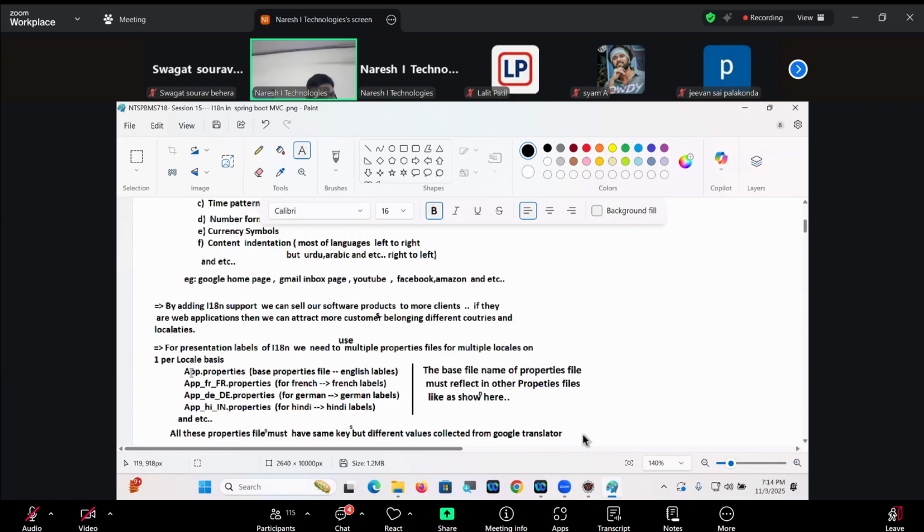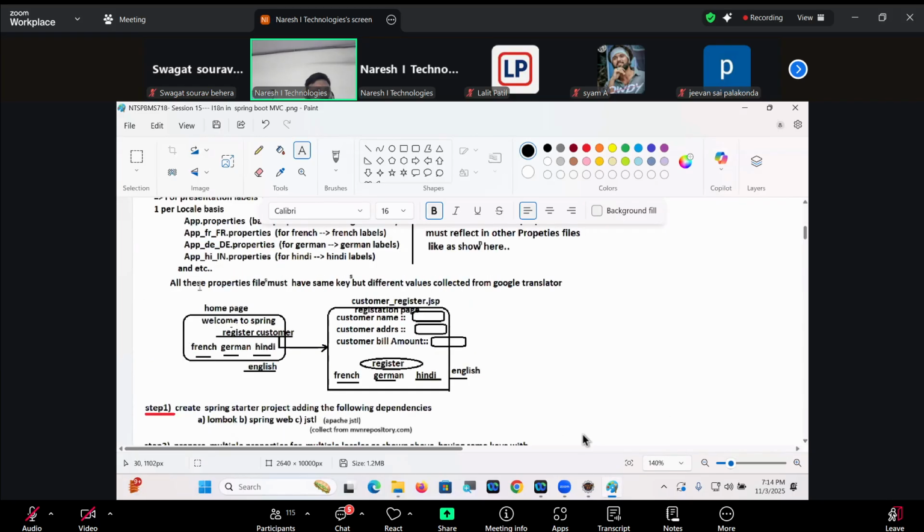I think we already have this base knowledge, guys. This is the base file. This is for the French locale. This is for the German locale. This is for the Hindi locale. These are for different locales. All these property files must have the same keys but different values collected from Google Translator.